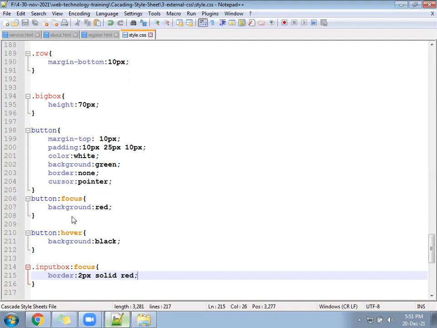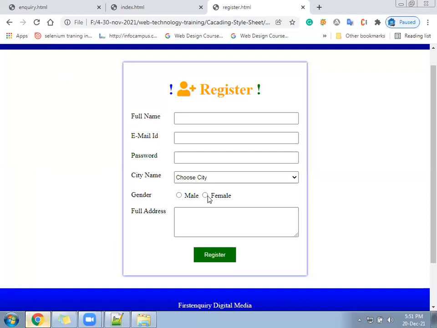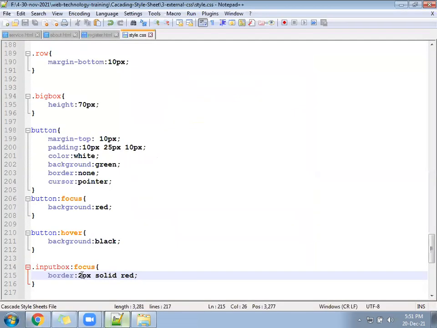Okay, so once you click on the text box, what will happen is, see, red is happening. 2 pixel becomes a little more. This should be less only. 1px you could try, or maybe 1.5px. 1.5px also you can try.